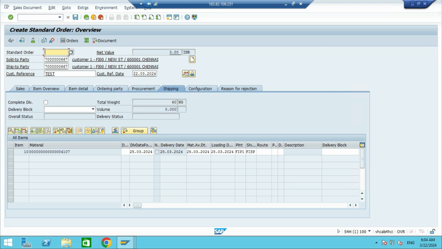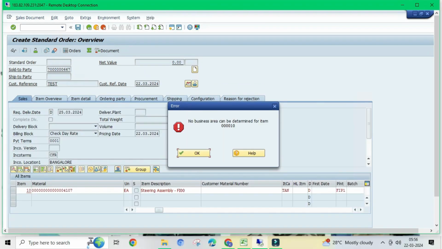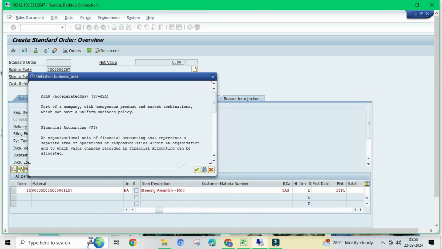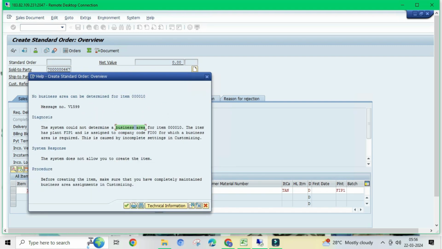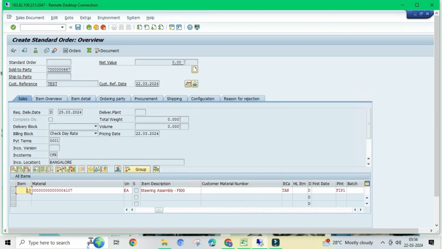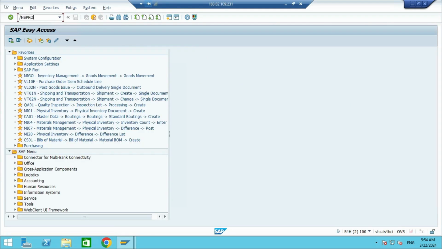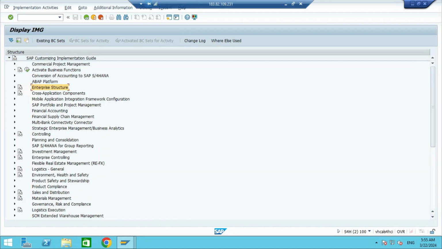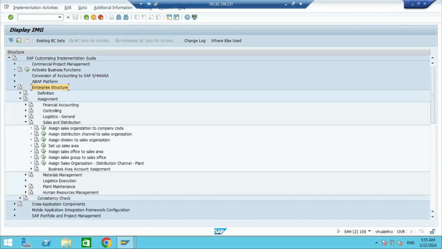So now the error has been solved. We can save the sales order. No business area can be determined for item 0010. Go to help. So we need to solve this error. To solve this error, go to /n SPRO, enter SAP reference IMG, enterprise structure, then assignment,